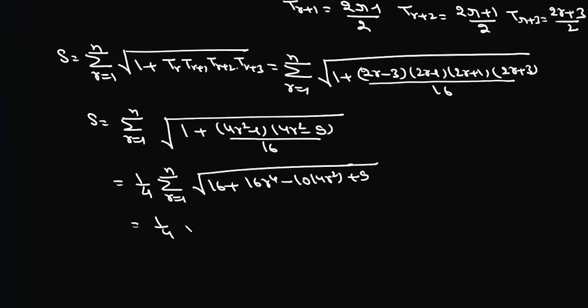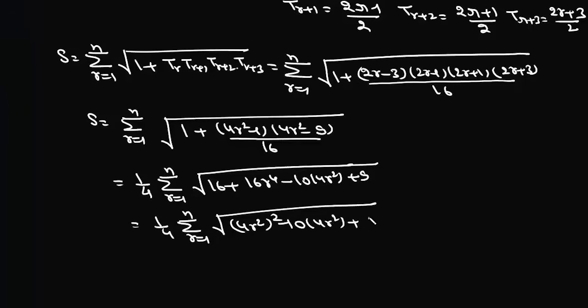Now this is 1 by 4 summation r varies from 1 to n, and it will be this 4r square whole square minus 10 into 4r square plus 25. So this is a square plus b square minus 2ab, and which is a minus b whole square. So it will be this 1 by 4, and then summation r varies from 1 to n